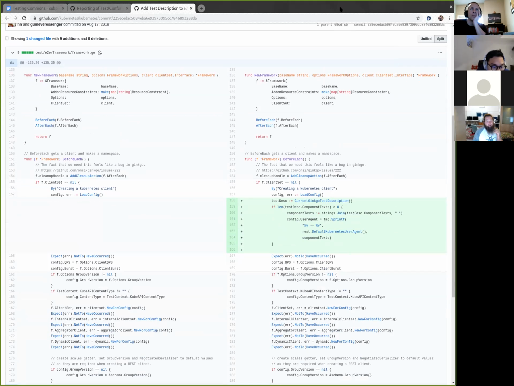It may be that my if client set on 155 is wrong. On 159 we see if the component texts are in existence, and if they are, concat them together and append them to the user agent string.